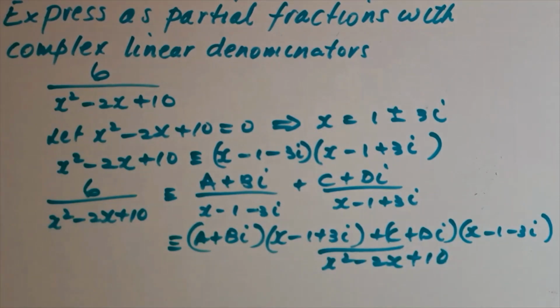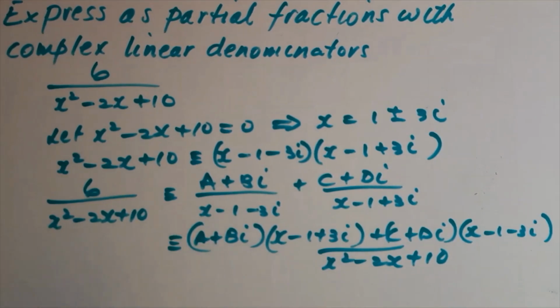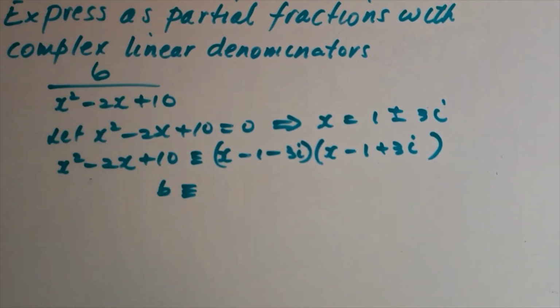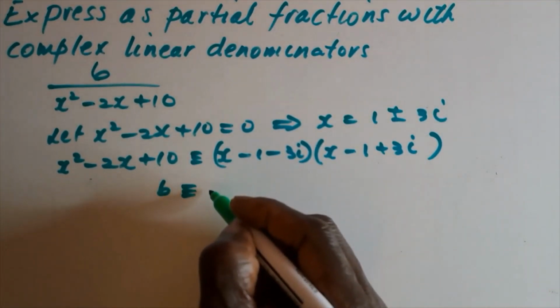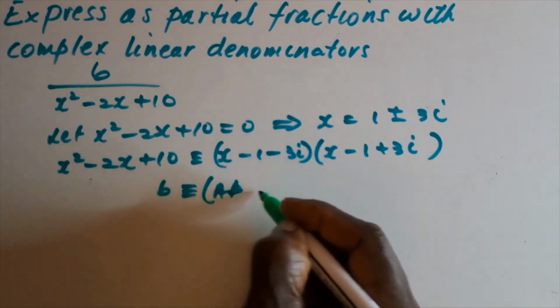Now both the left hand side and the right hand side have a denominator of x squared minus 2x plus 10, so we could eliminate that and just equate the left hand numerator, which is 6, to this numerator on the right. So we can write 6 is equivalent to (a + bi)